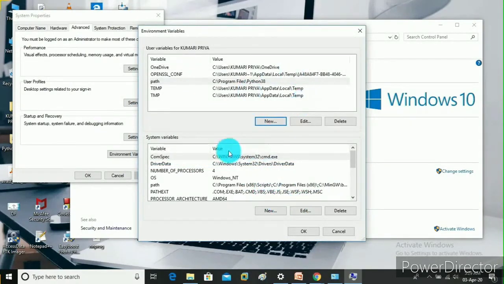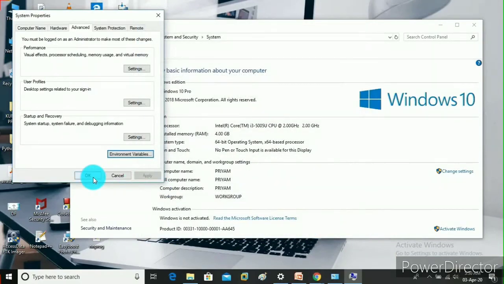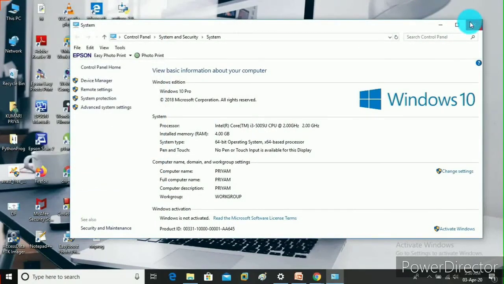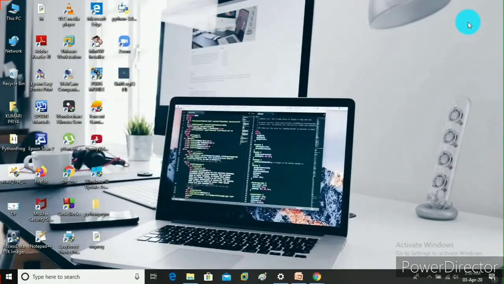Alright. Now we have almost done. Just close all the windows. Now again click on search and type CMD.